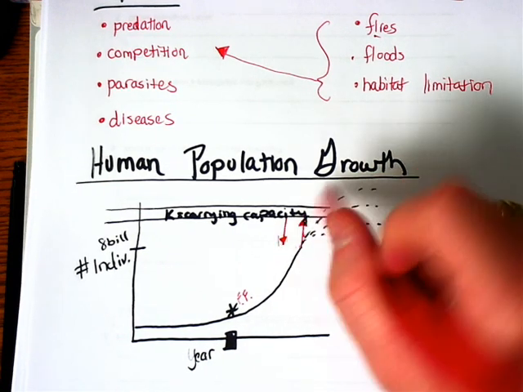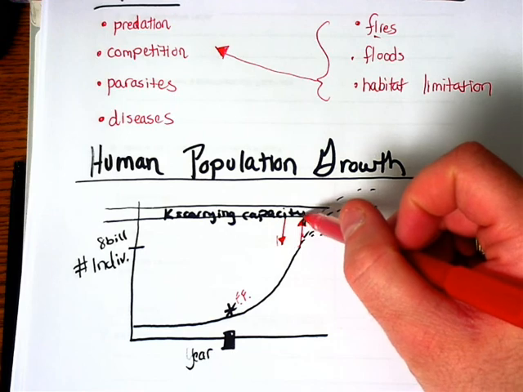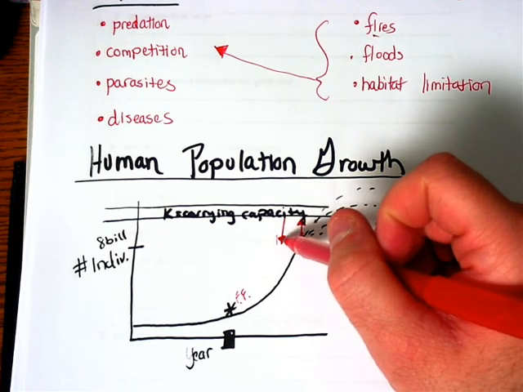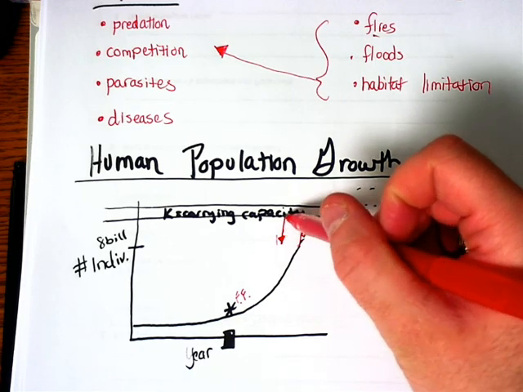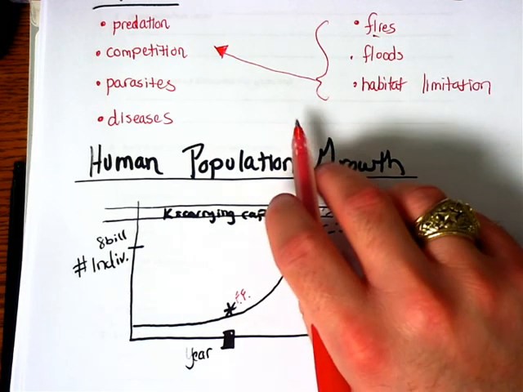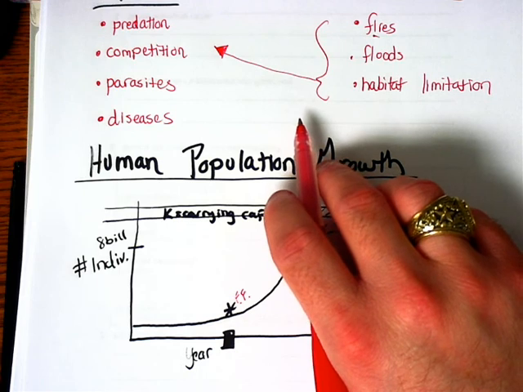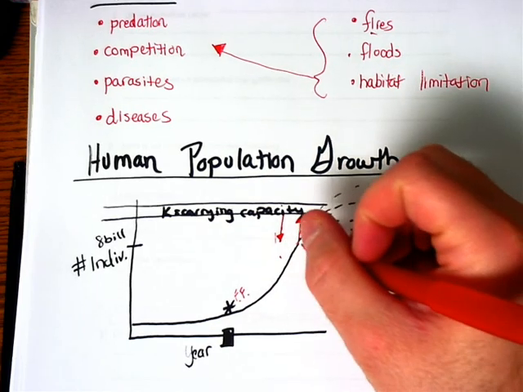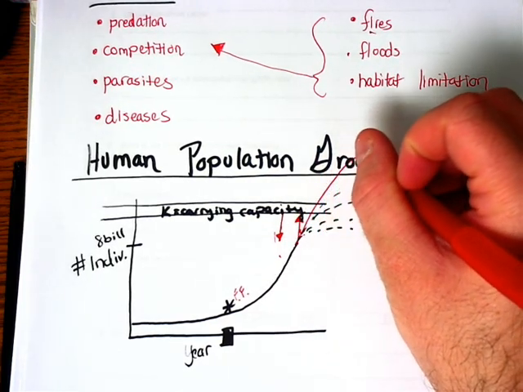We're reaching a point now. Some people would debate that we've actually gone above carrying capacity, and that because carrying capacity is coming down so quickly, we've gone above it already, and we're just waiting for the time to catch up. Now, I would say that's unlikely. I don't think we're anywhere close to it. But I can promise you, unlike a lot of creatures, when we do reach it, we're going to shoot way above it, and we're going to have